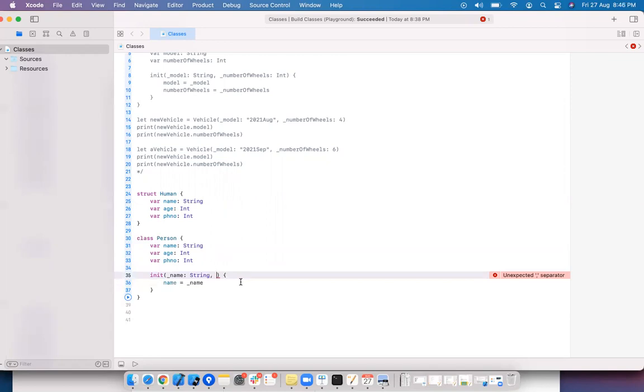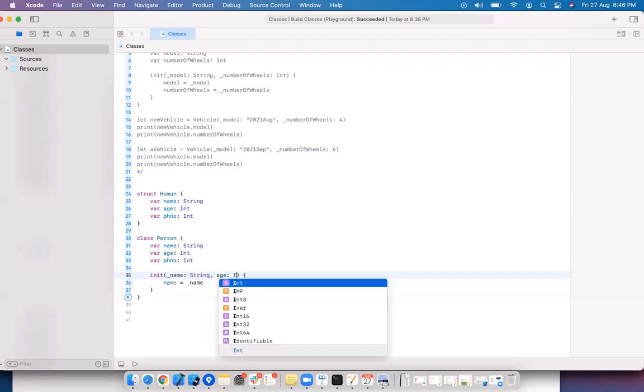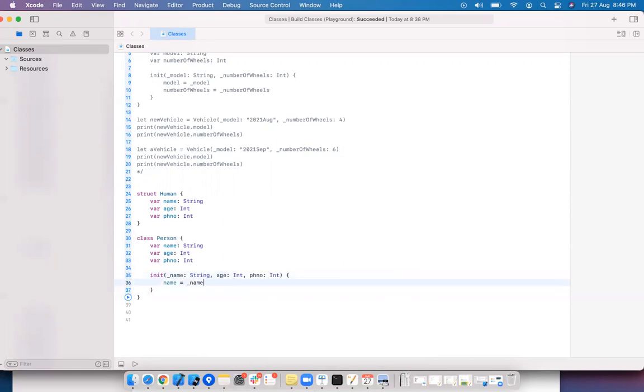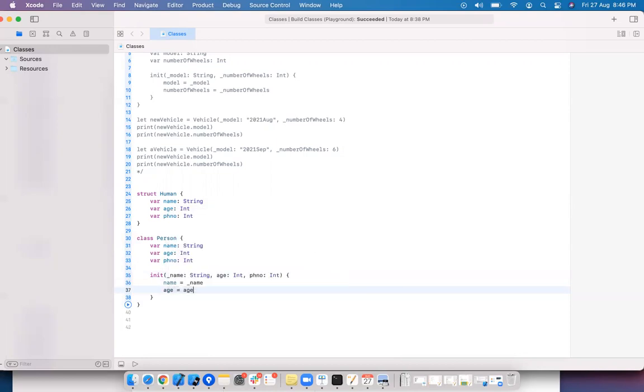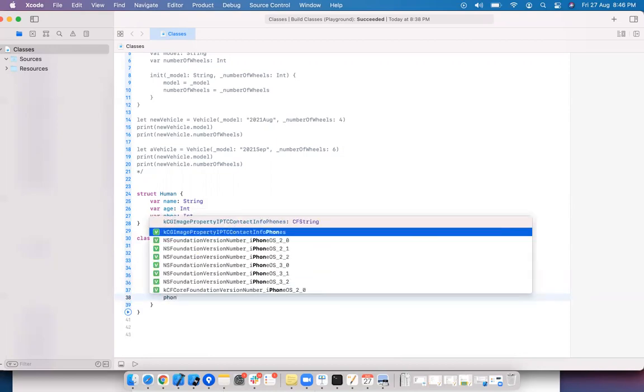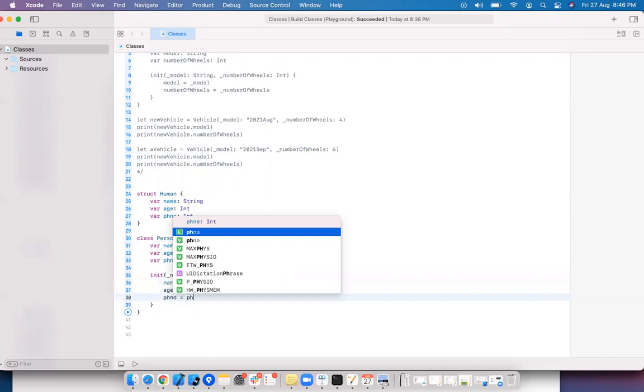Age is an integer, and phone number is again an integer. Here, age equal to age, phone number equal to phone number.